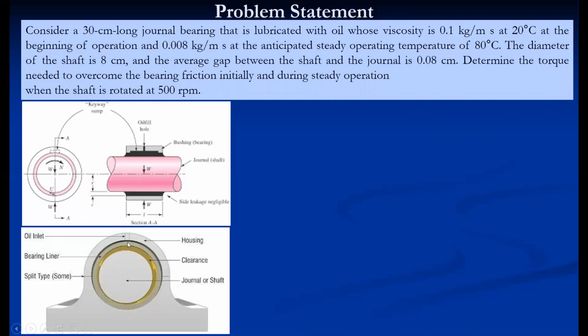And here the oil deposits. So this is a clearance, we can say. Cushioning and clearance, journal bearing. So we have to calculate the required parameters. Because here there is one moving surface and one stationary surface, in between there is a liner and the oil also. So here we can say the oil acts as a cushioning or lubricating effect.